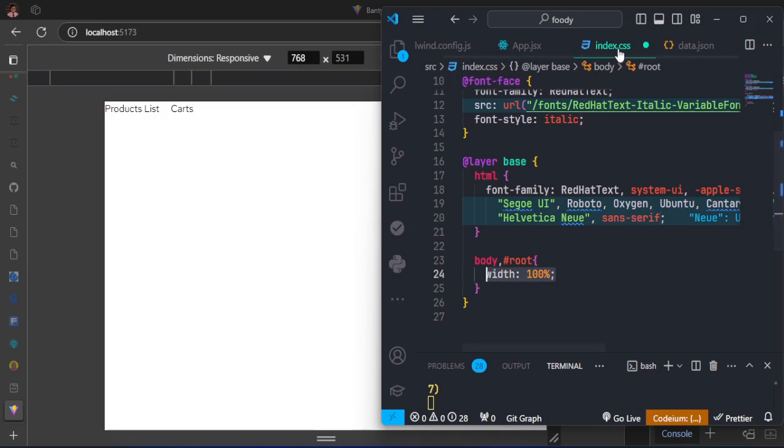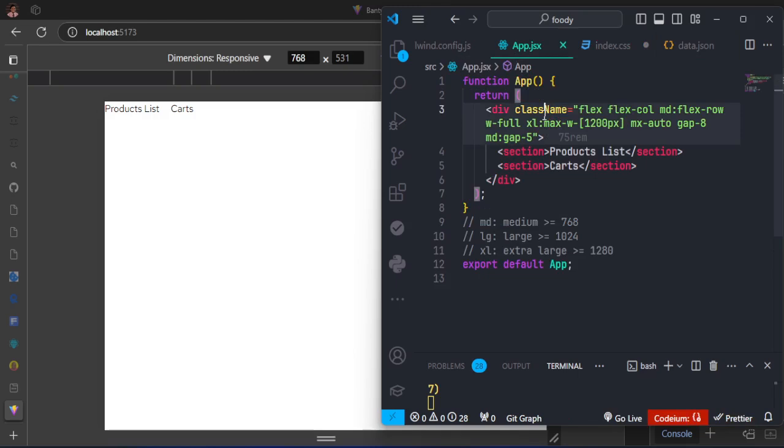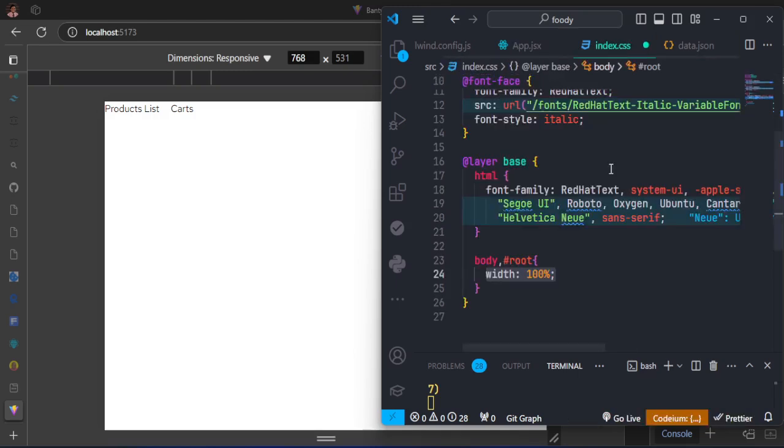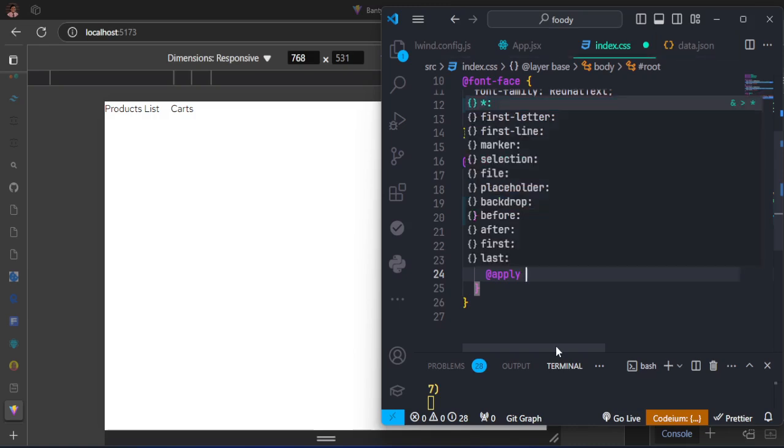So how do you use Tailwind inside a CSS file? You can see here we are using it on our element through the class. So how do we do the same thing inside CSS? Tailwind allows you to apply its properties. So to apply, what you do is to use this @apply. Then anything that follows it is a Tailwind class. Whatever you put after it is all about Tailwind. This @apply must be there. Then after apply, you have all the Tailwind properties or whatever CSS utility classes you want